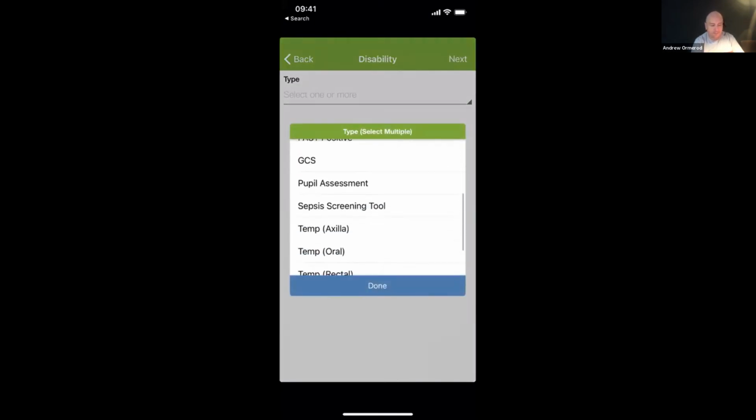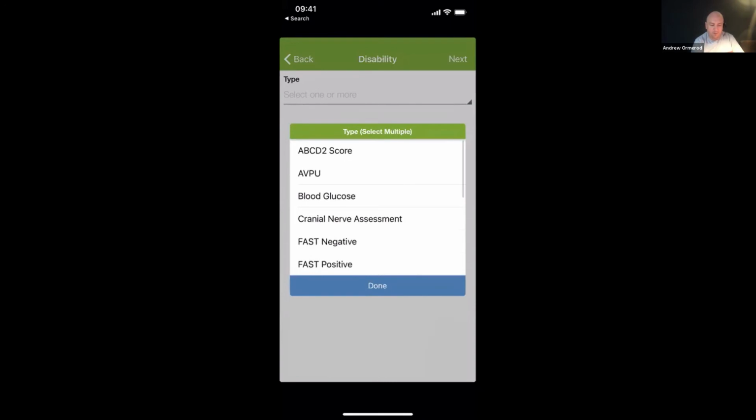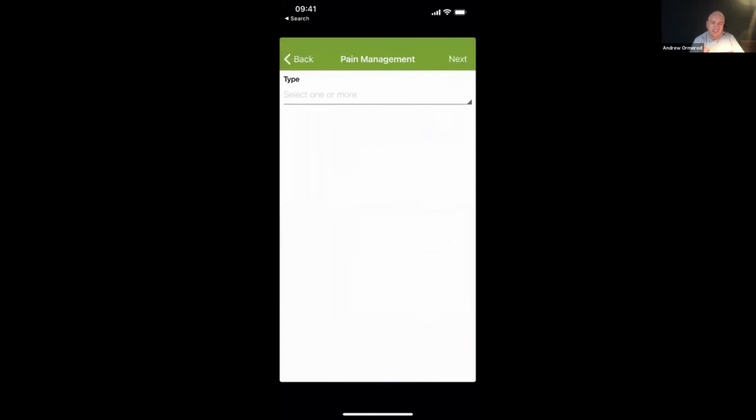Some of these might be relative, some of them might not be, but we're going to go for an AVPU and a blood glucose for reversible causes. And then we'll go for a temperature. So we'll go for a tympanic temperature. Click on next. And then this is going to ask other questions that might not specifically be relevant to a